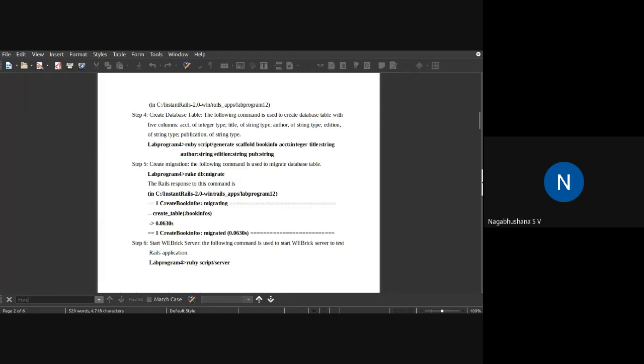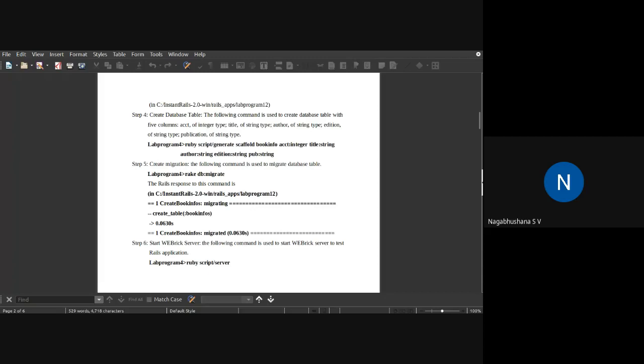The next step would be rake db:migrate. If you write this specific line of code, rake db:migrate, all the fields of the table will be created, and it gets connected to a database.